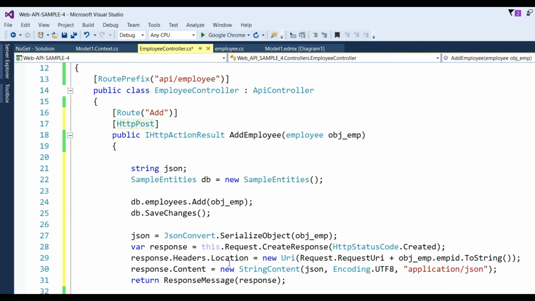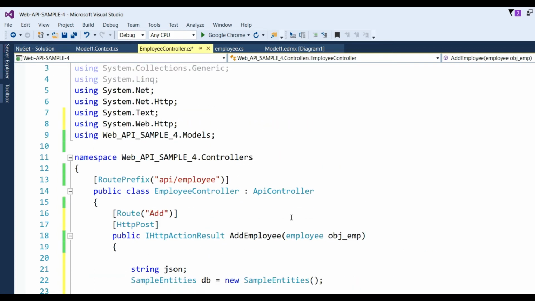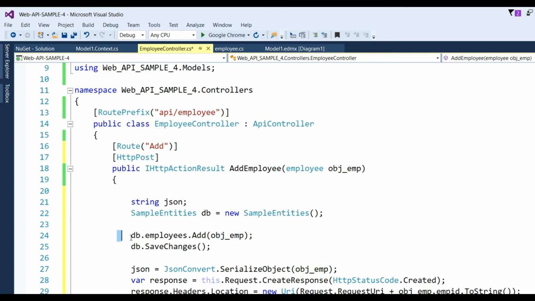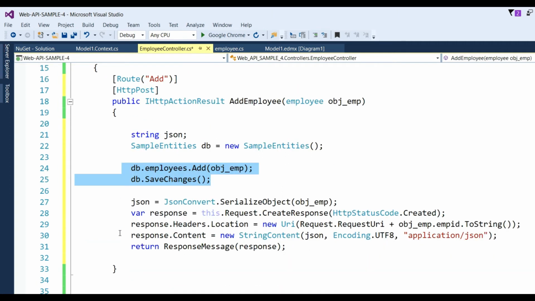So here you finally declare an API POST method which can get the data as an object from the client, and that data will be stored in the employee table through Entity Framework. And after that we will return the data I have added, this data will be serialized and sent back to the users with the status code so that the user can understand. Now run the application.